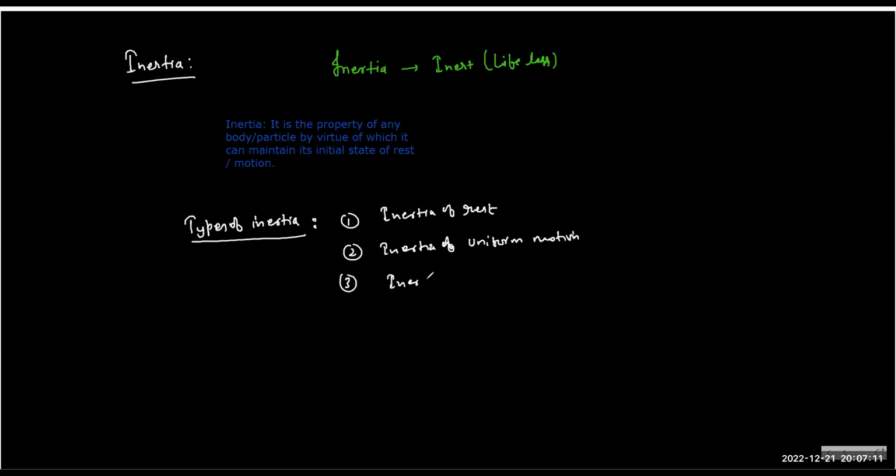And third, inertia of direction. Actually, the last two we can combine into inertia of motion only. So I'll write it here. So once you know the types of inertia, rest or motion,